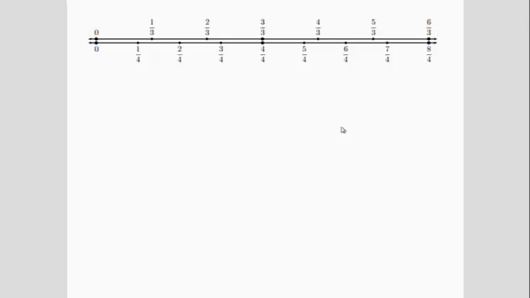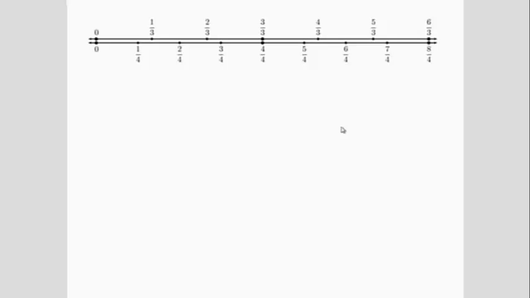This would create a problem if we were trying to do a calculation like 1/3 plus 1/4. We can go from 0 to 1/3, but trying to move 1/4 to the right of that value doesn't make sense because it doesn't fit on the picture. Instead, we need to pick a picture where the points are evenly spaced and where the picture also contains these points. The correct denominator to use for this process is the least common denominator of 3 and 4, which happens